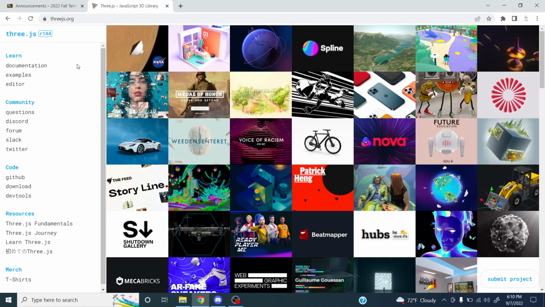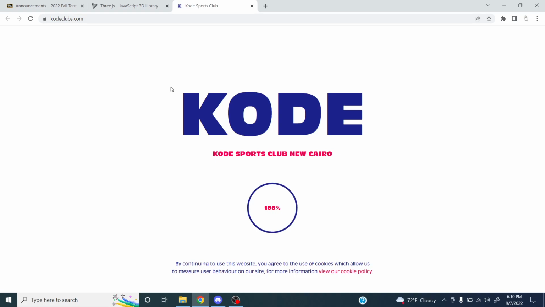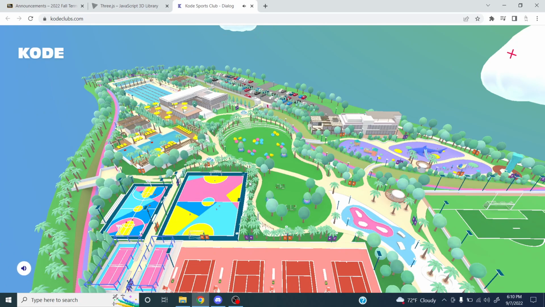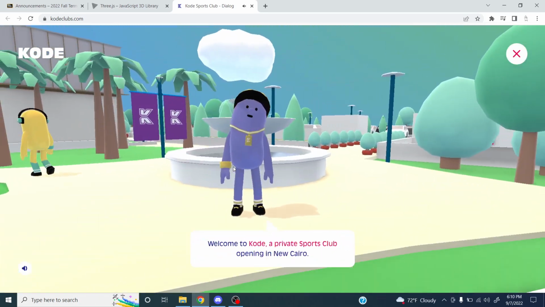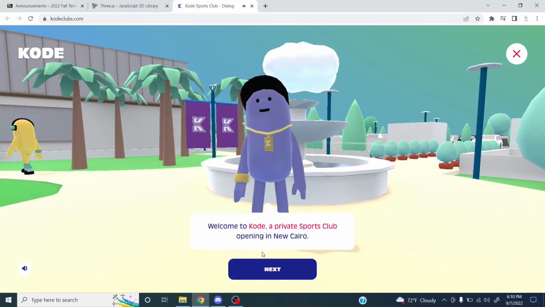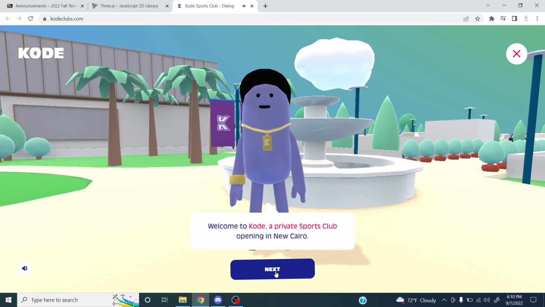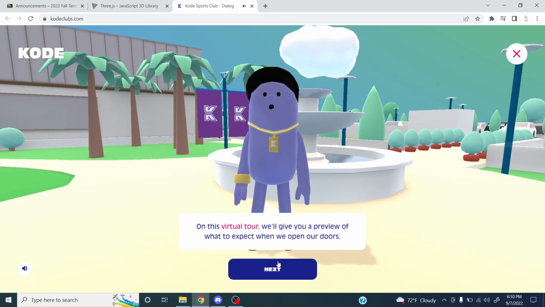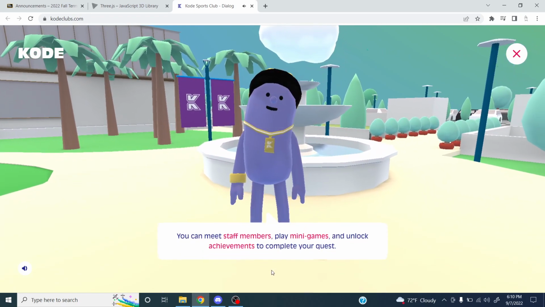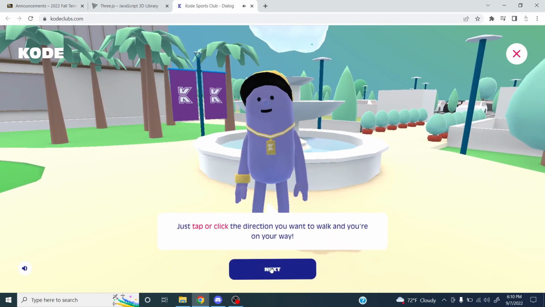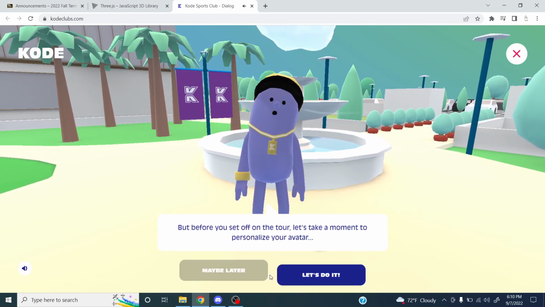So let's look at a couple examples. I'm going to choose some stuff I haven't seen before. This one looks new to me. I think we looked at the portfolio example with the car last time, and I forget what else we looked at. But anyway, let's just take a look at this. Oh wow, this is almost like a metaverse something, a private sports club in New Cairo. Okay. I thought this was going to be like a game or something, but I think it's like a weird